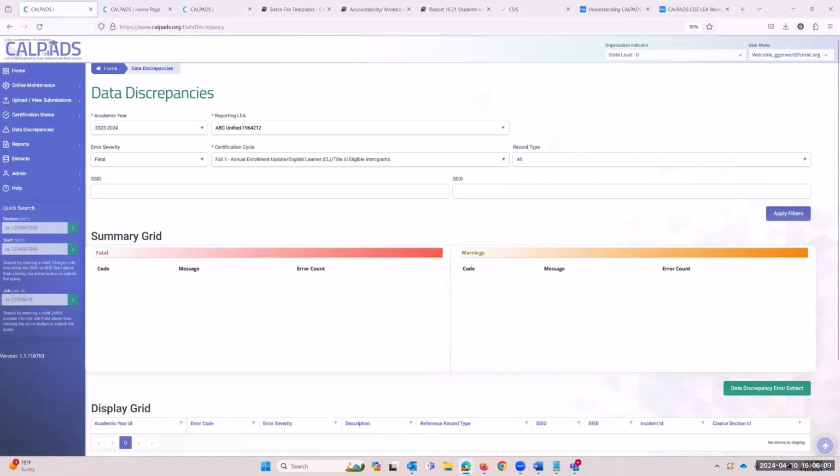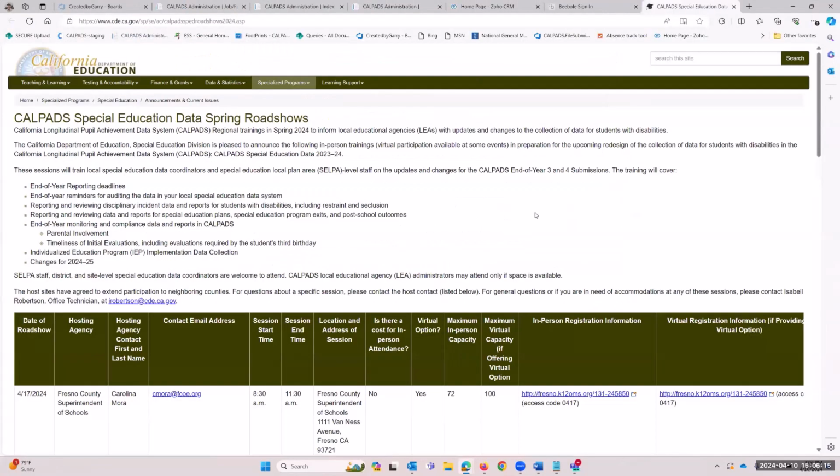And although we will be going over some of that in the road shows, we really are going to take a much deeper dive into